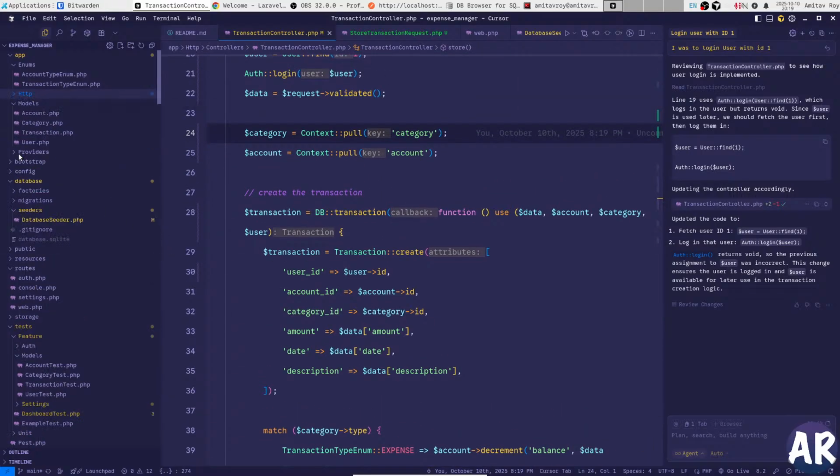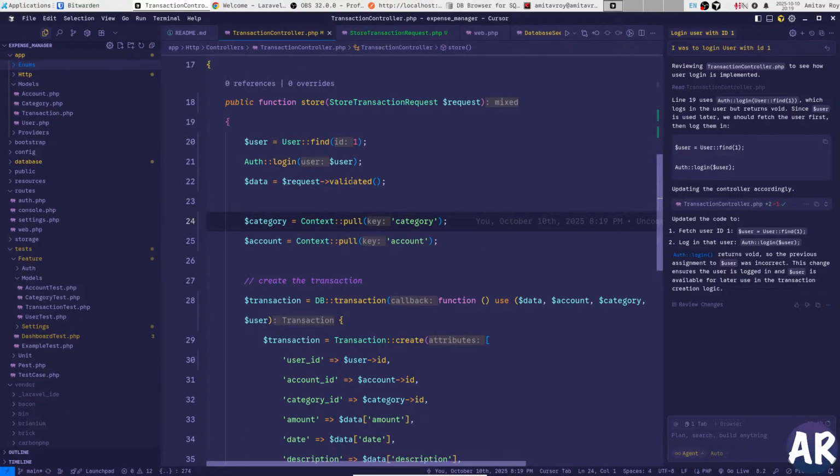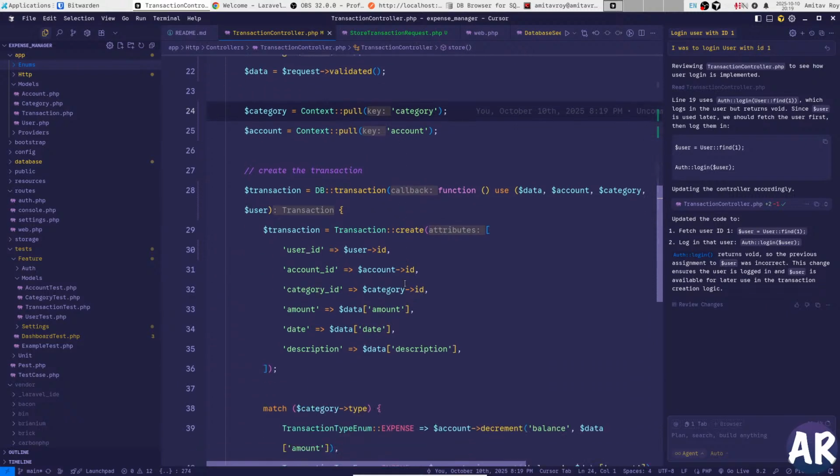So let us do that. What should we name it? Save transaction. Save transaction. Add expense. No, this is a transaction store, and